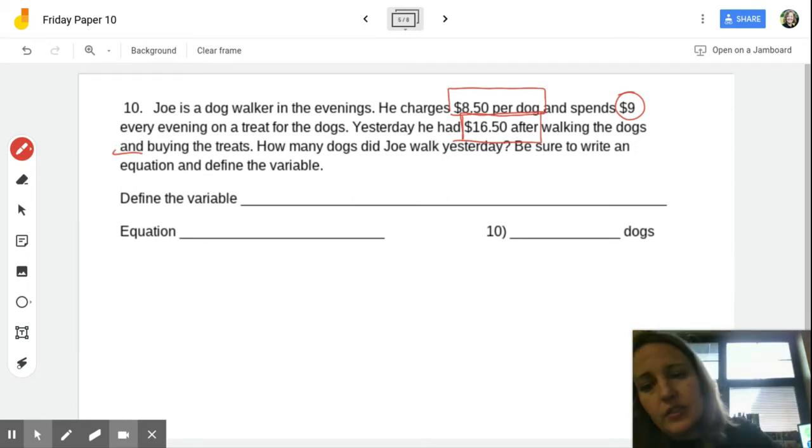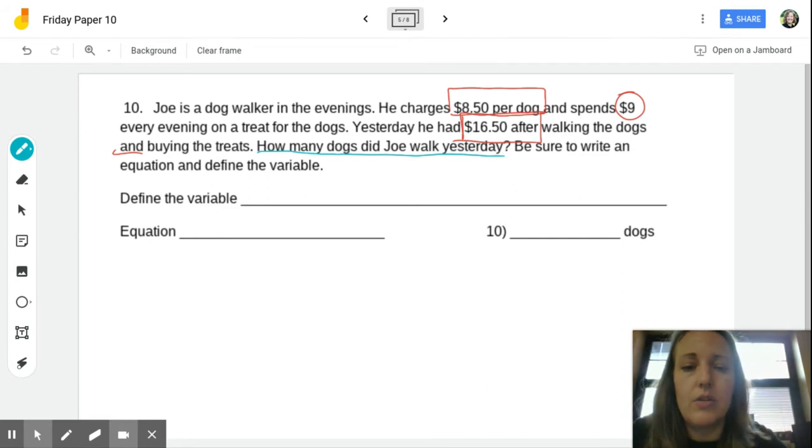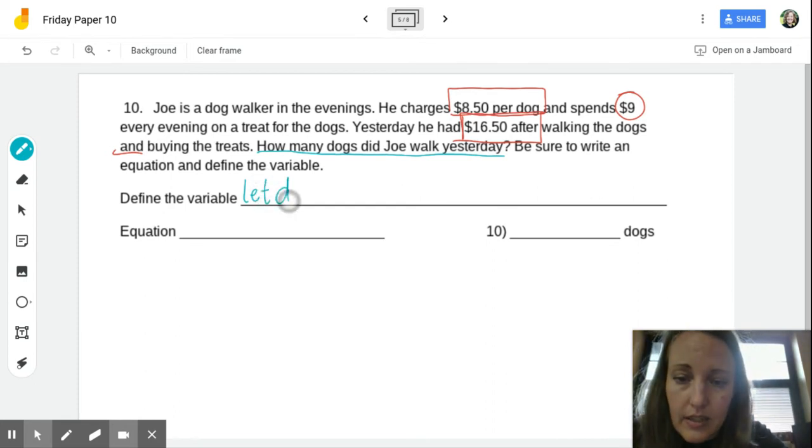How many dogs? Okay, so this is important. Here's the question. How many dogs did Joe walk yesterday? Be sure to write an equation and define the variable. Okay, we're going to first define the variable, and here's a shortcut. iLearn has lots of questions like this, and here's the trick. Look for the question. It's the one thing with the question mark. And that's what your variable is going to be equal to, and you can make your variable anything you want to. So I'm going to say, let D represent,